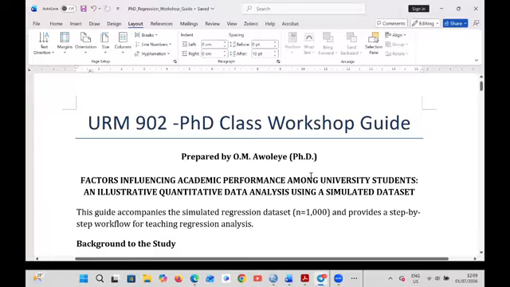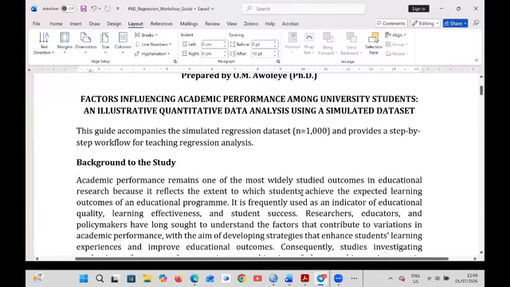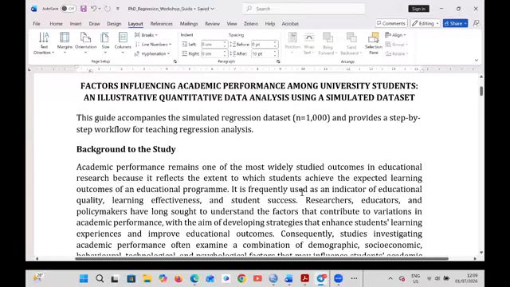So what we just want to examine, if you look at this, this is like talking about a PhD thesis, for example, a PhD title. We want to examine factors influencing academic performance among university students, which is an illustrative quantitative data analysis using a simulated data set. That's what we want to do, just to demonstrate that if you have a question of this nature, or maybe a title of this nature, and you have some questions that go along with that,